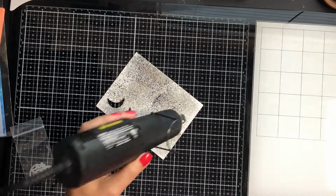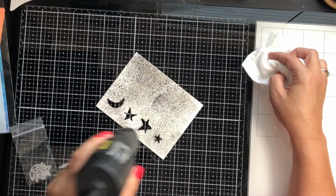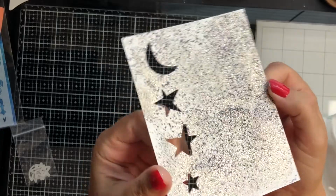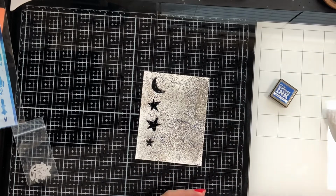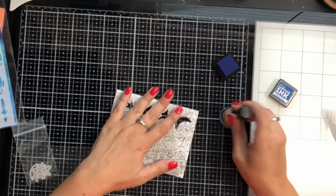So you can see there it's already kind of got that grayish color. I will say I don't think I put enough of the glow-in-the-dark embossing powder in because when it glowed, it wasn't as much of the effect as I wanted, but I didn't care because the card still looks gorgeous with that Milky Way. So to kind of cover up some of the white areas, because we are in space, I